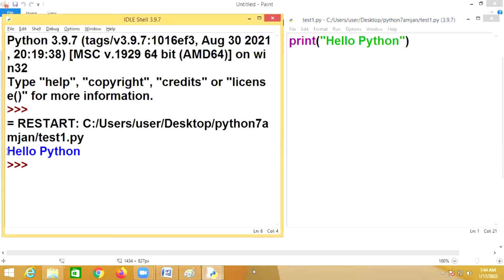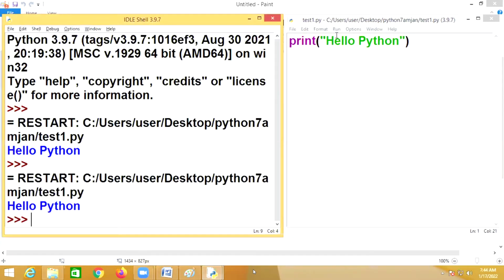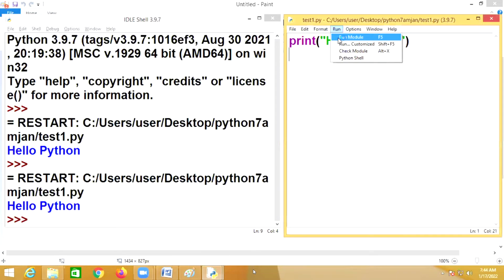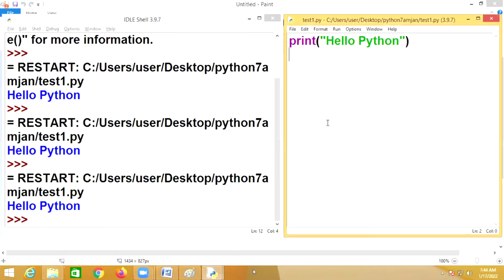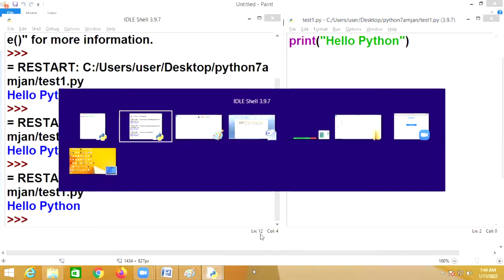Now you can see the message. What is the message here? Hello Python. You can see the message in shell. Okay. So run and select the Run module. So select Run and select Run module or F5. Okay. So after typing the program, just click on Run and select